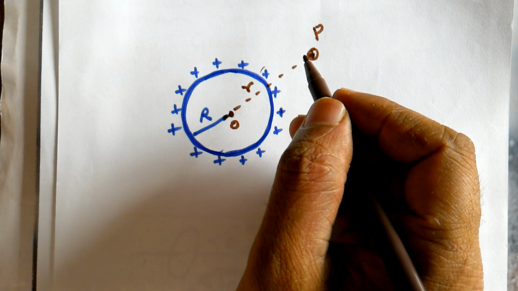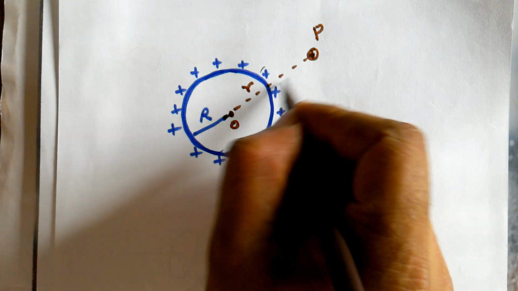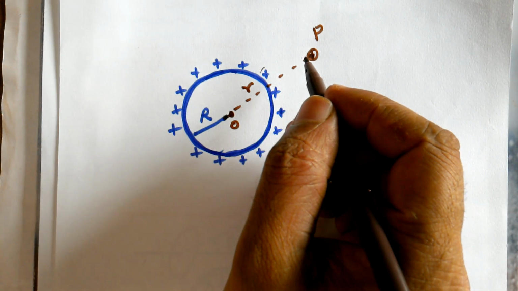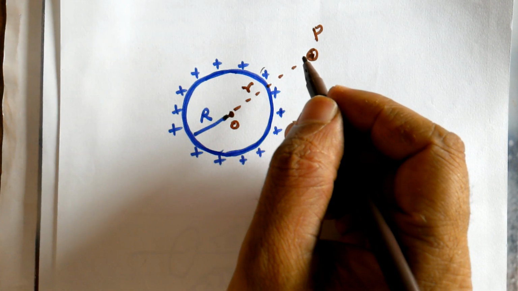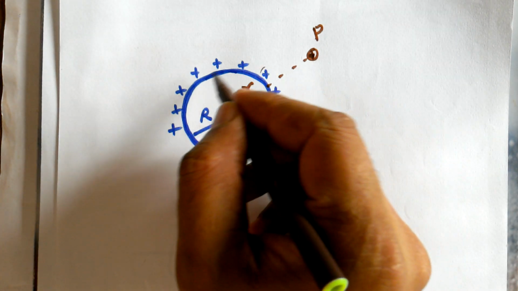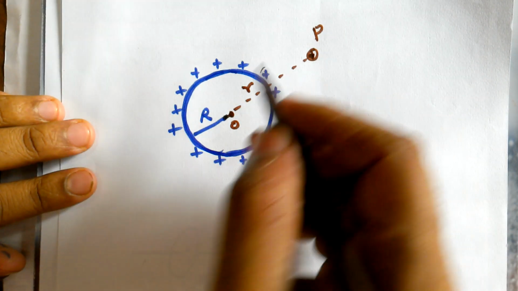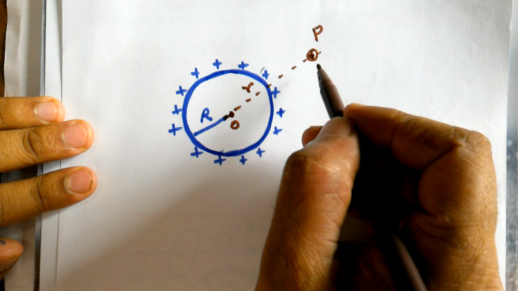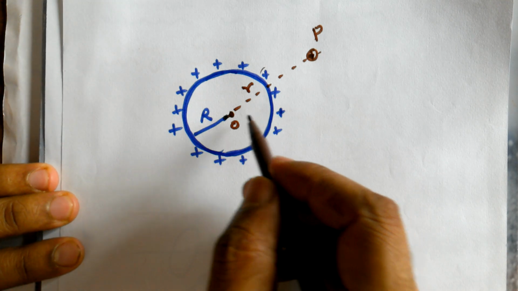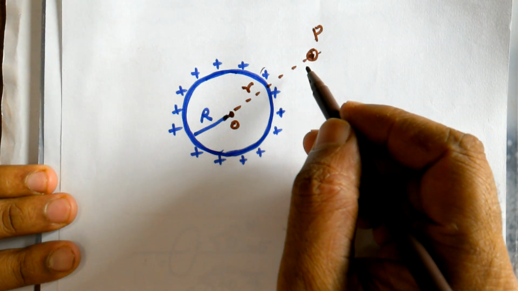Which distance do we have to substitute, the distance from these charges, or these charges, or these charges? Coulomb's inverse square law can be applied only for point charges, where you can measure the distance from point to point charge. But here it is distributed charge. You can't find the distance so easily. It is different for different charges distributed on the surface of the spherical conductor. For that reason I have to take the help of Gauss law.